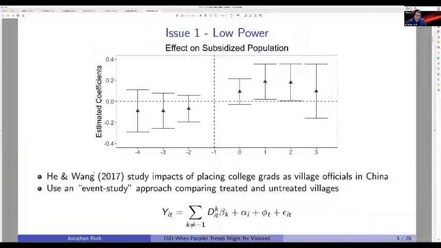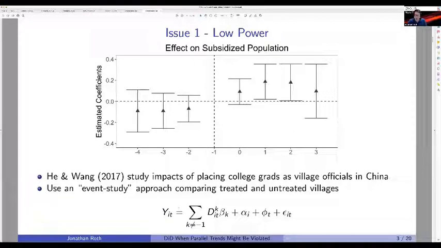So this is a paper here by He and Wang, and they're interested in studying the impacts of placing college graduates as village officials in China. And so they use an event study approach that compares the treated villages to the untreated villages. In this example, almost all of the treatment happened at exactly the same time. There was a very small fraction of units that were treated 1 year after most of the units were treated. But to first order, you can sort of ignore the issues that Bacon was talking about in his